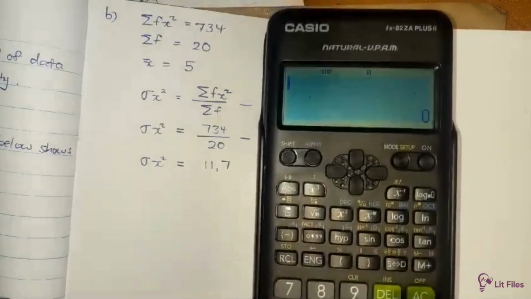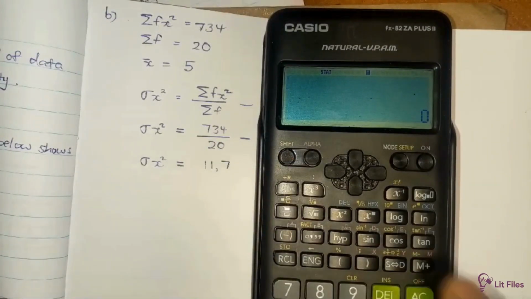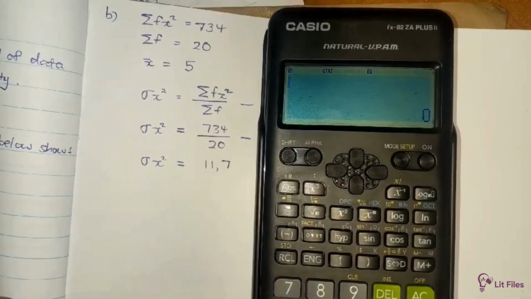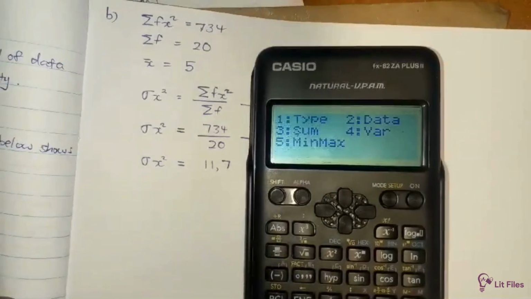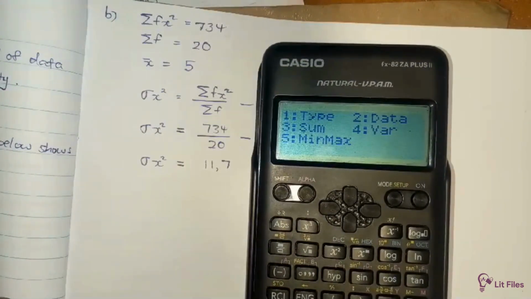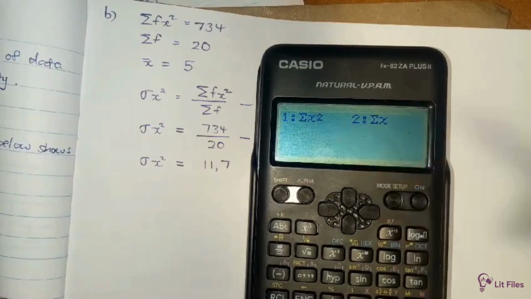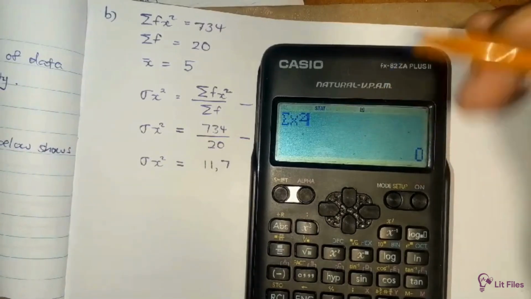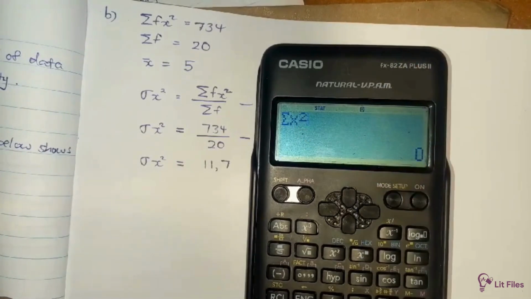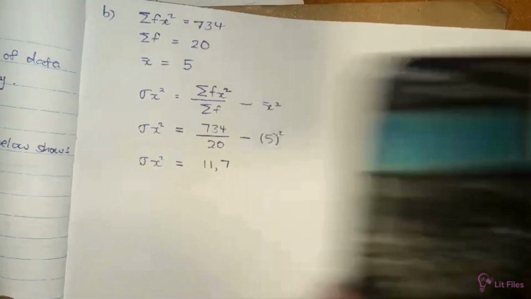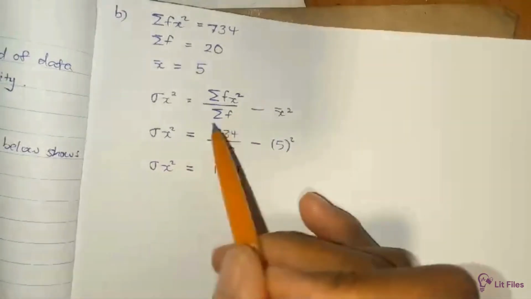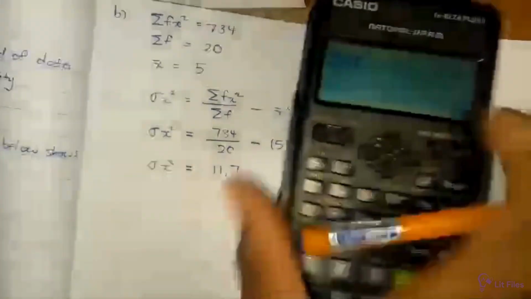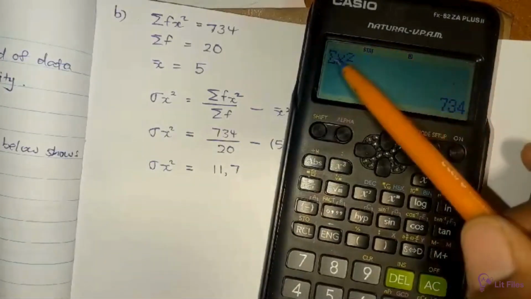We already pressed AC, so shift then 1, then we look for the sums. Here we choose option 1. This model doesn't have fx, but you should know that the x squared is those values of x that have been squared one by one and added. This option of fx is doing the same thing, so in effect it will be the same. So the sigma